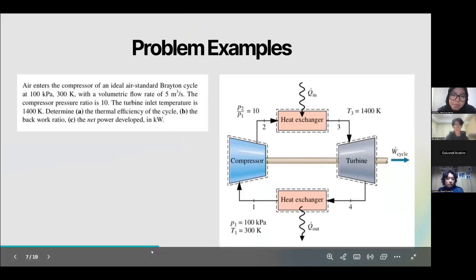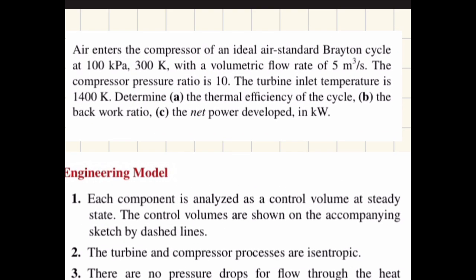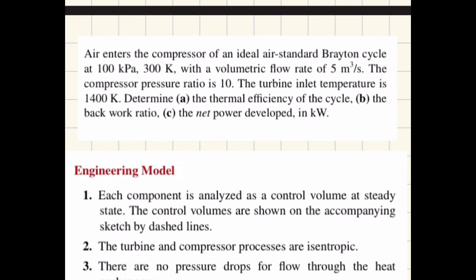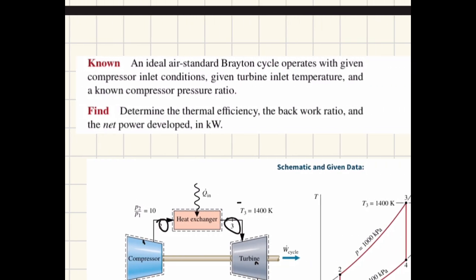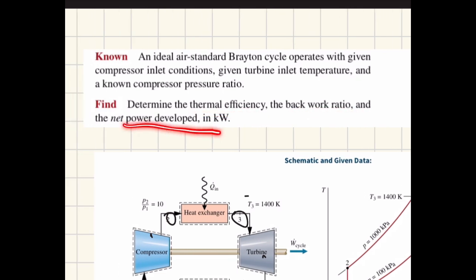Okay, so for the problem example, I will share my screen first. Now moving on to the problem example. Here the question states that air enters the compressor of an ideal air standard Brayton cycle. This is important, as we can assume that the processes at the turbine and compressor are isentropic, and we can also use the ideal gas model for air. This is the data that they gave us, and we are asked to find the thermal efficiency, back work ratio, and